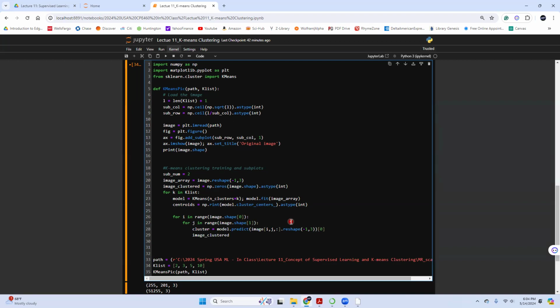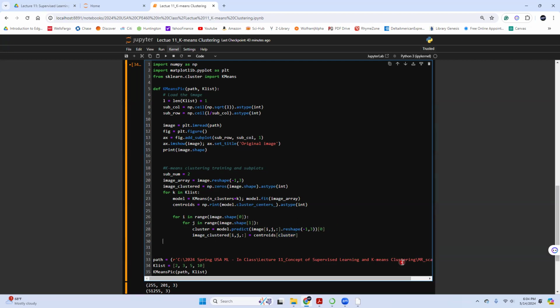Clustered at IJ equals the centroid of the corresponding cluster. That's also the reason why you need this, because if you don't have it, this won't be a number. It will be an array, and then it'll be wrong.